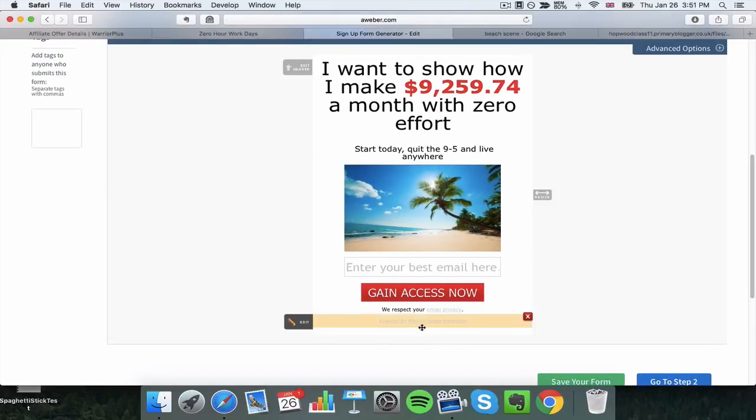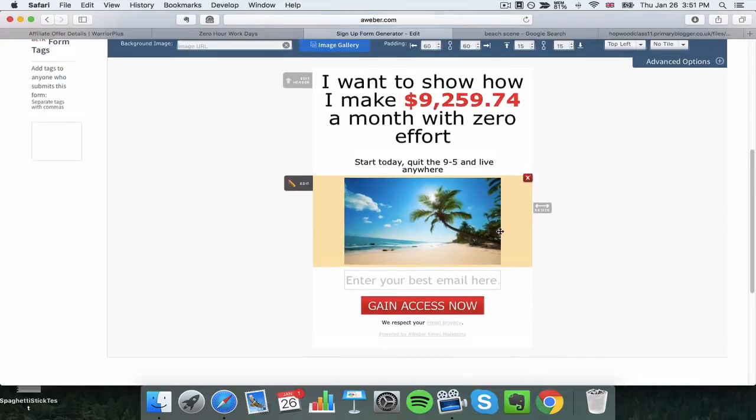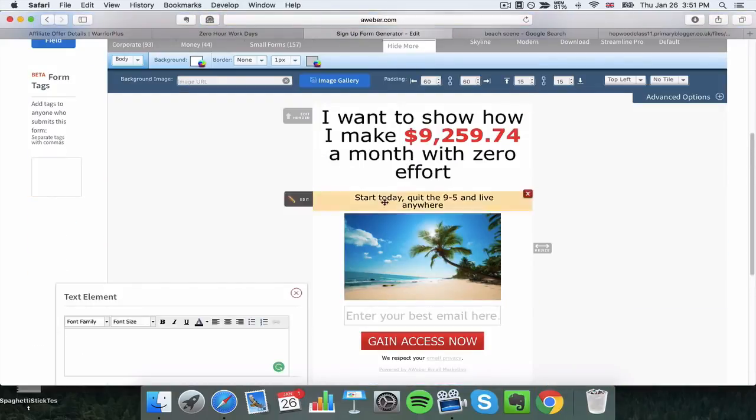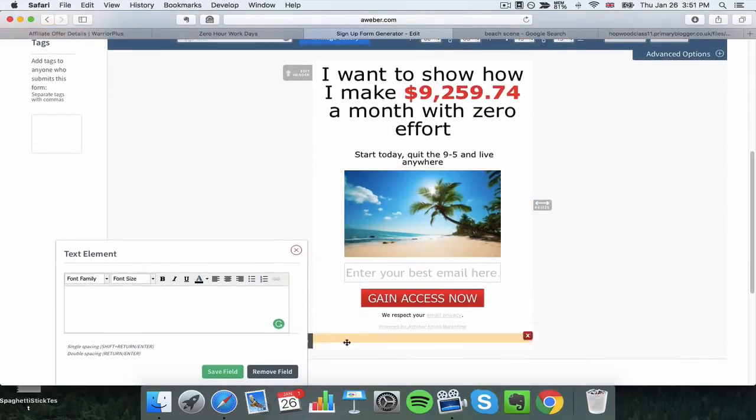The next thing you want to do is to add a little bit of text at the bottom. So let's just go back to text. And this is going to go right at the bottom. Now, it depends on what your strategy is, depends on what you're going to put. Now, in this, I'm going to be sending them directly to an offer. So I'm going to say something like,